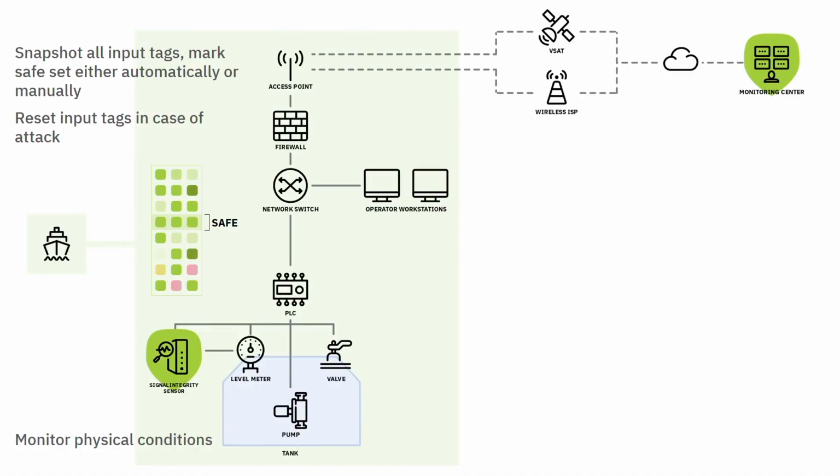For simplicity, let's really target the first scenario that is more realistic and has actually been proven in the field to be more workable. So what we would do is take a snapshot of all of the input tags on a regular basis, let's say once a day. Once we then get the alert and find out that the level meter is way outside the operating window, I'm going to take one of the sets of tags and replace it in my PLC with a set of known good tags, which then gets me, with a pretty good chance, to a much safer scenario and delays potential impact.